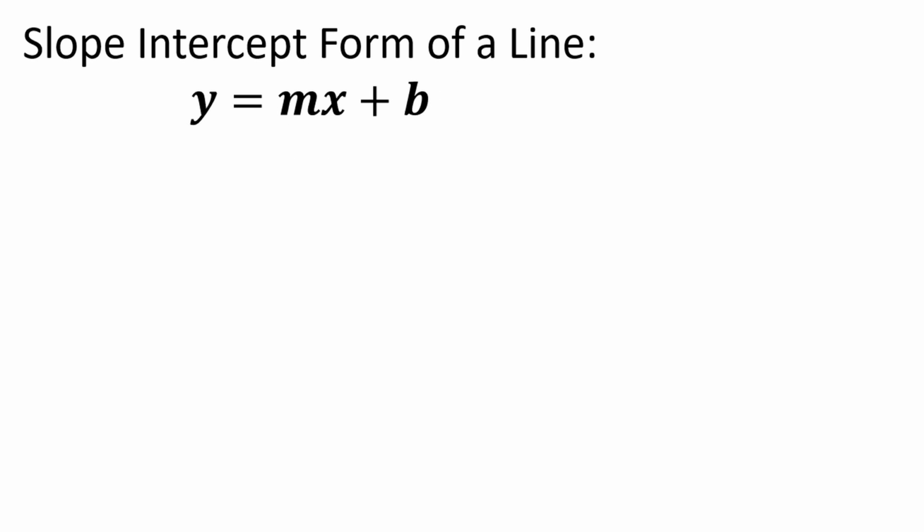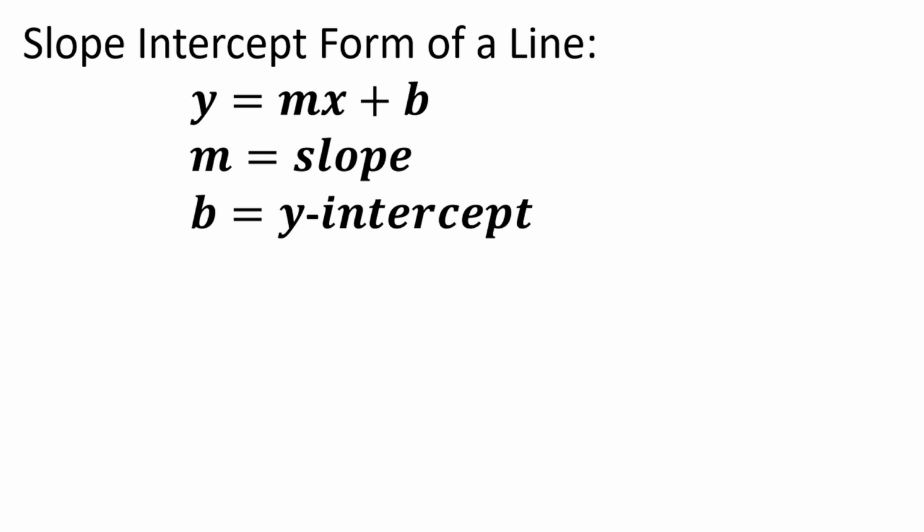A common way to express the equation of a line is in what is called slope-intercept form, y equals mx plus b. m is the slope and is a measurement of the steepness of the line. b is the y-intercept and indicates where the line intersects the y-axis. This equation is called slope-intercept form as it is very easy to identify the slope m and y-intercept b from